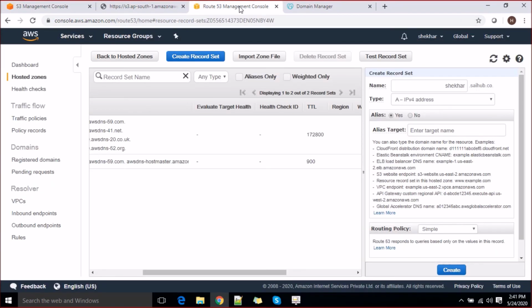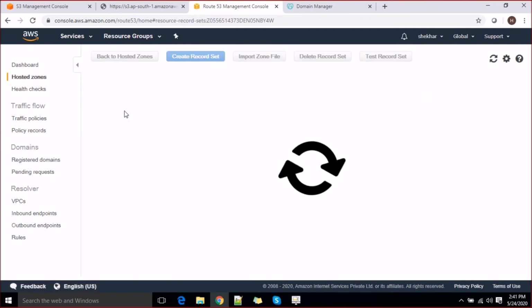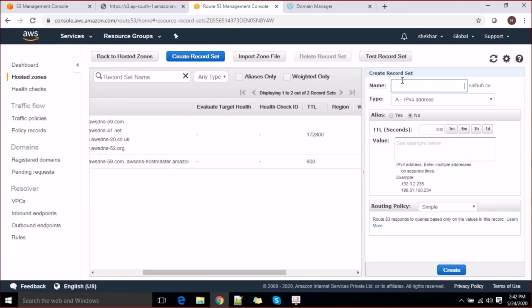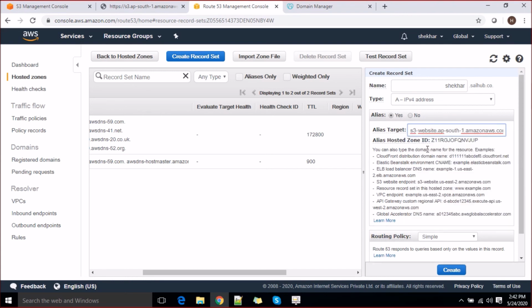So now I'll jump into Route 53 again, right? So we'll refresh this. We'll go to my domain name, create record set, right? I'll give it a name here, let's say shaker.science.com. As soon as you give it and you click on alias and click on the target, the bucket will come inside here, right?